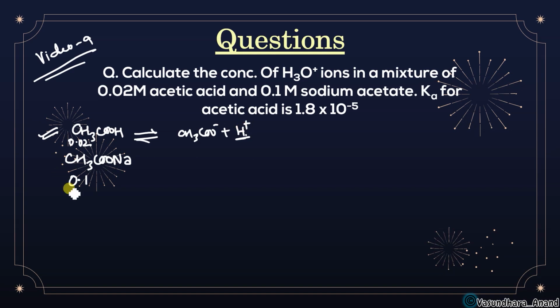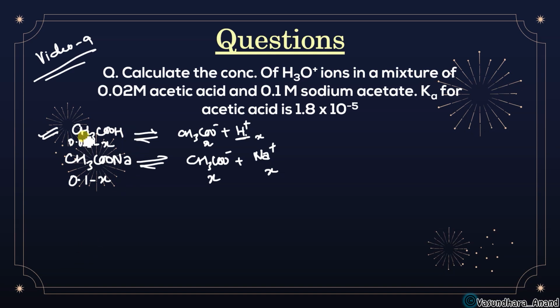But the solution has both in the mixture. Yes. So just break this also. This is CH3COO minus plus Na plus. In this case, suppose that at equilibrium, some portion of this will be converted into product. So whatever decreased, that much X will be formed, and this is again X. So let it be X, okay? In this case, again, this is 0.1 minus X, and this will be X over here, and this will be X over here.